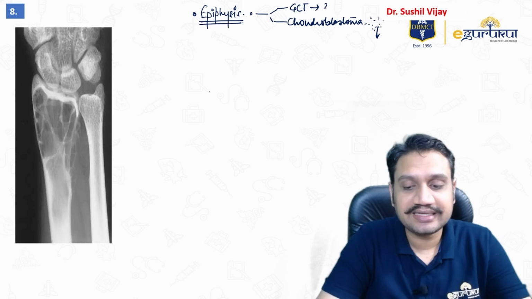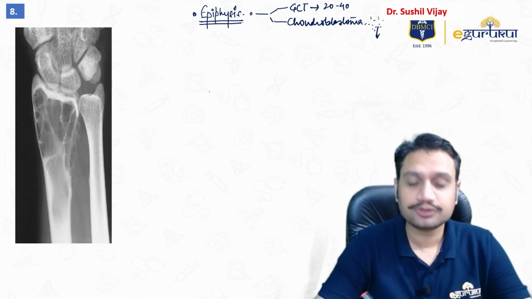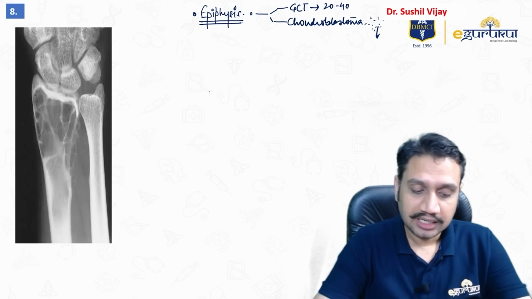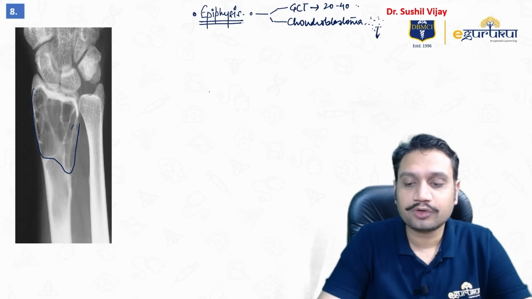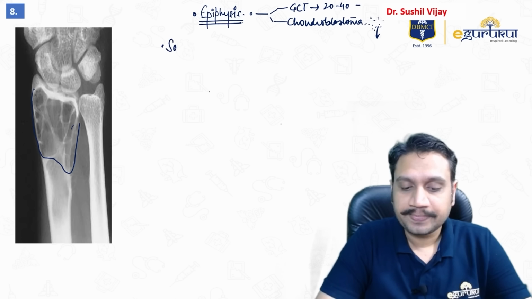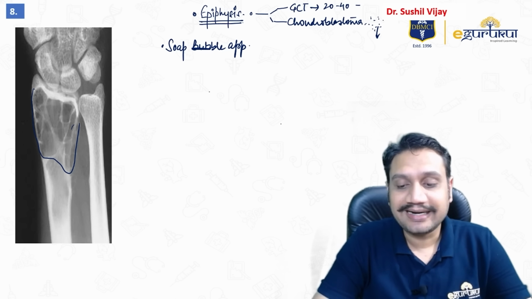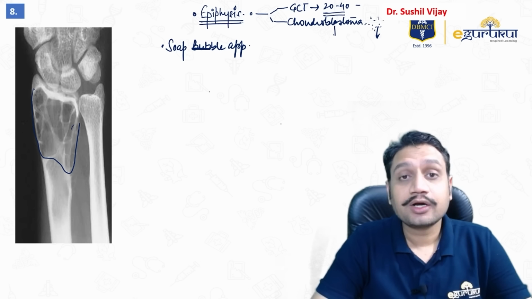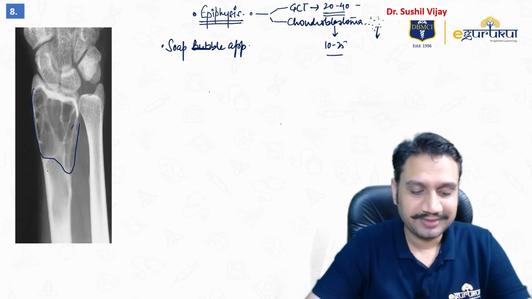Giant cell tumor is seen in the age group of 20 to 40 years, with the other name of osteoclastoma. So it has to show me some lytic lesion, clastoma. So if we have a lytic lesion with septations inside, and these septations give what appearance? The soap bubble appearance. So that gives me the hint that it is not chondroblastoma, most likely it is a giant cell tumor. Giant cell tumor is 20 to 40, chondroblastoma is usually 10 to 25. So I must be able to see some growth line, growth plate here, which is not visible in this particular X-ray. Okay, so do remember,